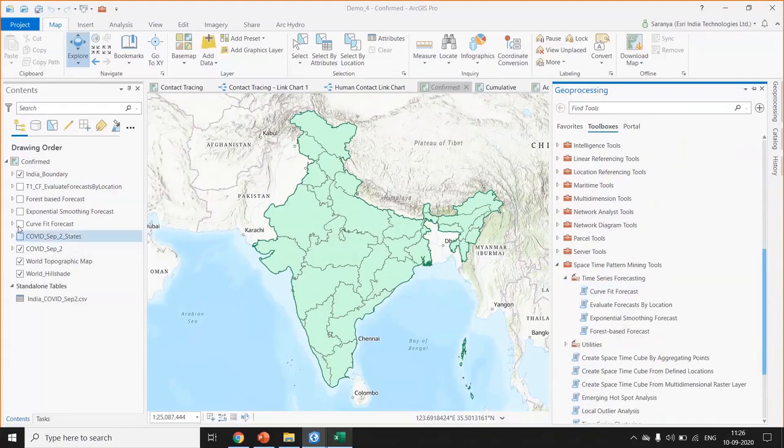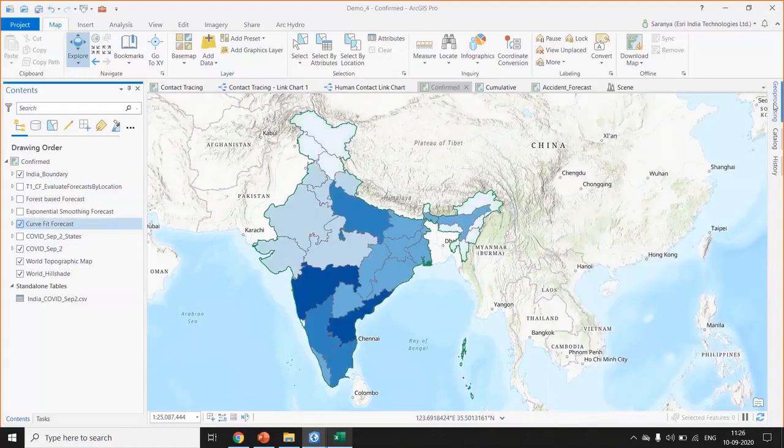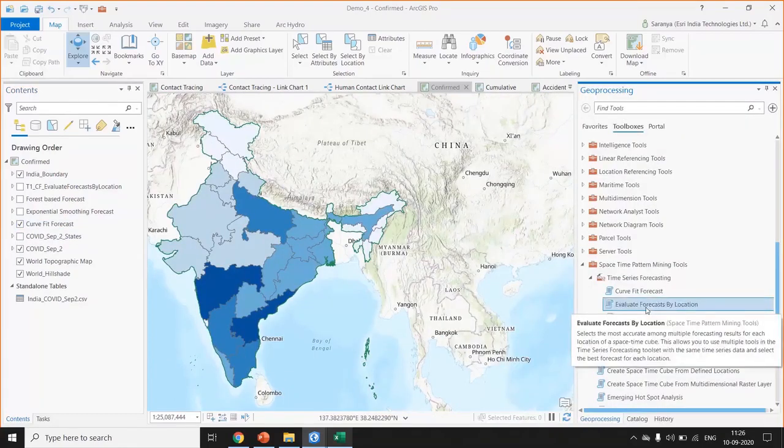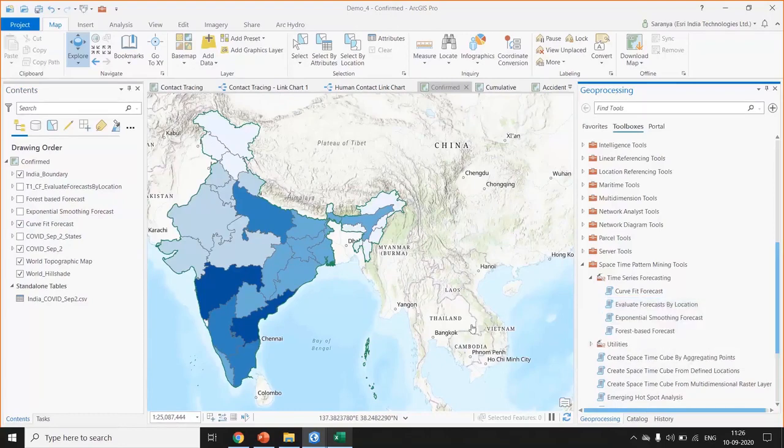And if you're not sure which method you would like to use, don't worry. We also have a tool which will run all the tools for you and tell you which is the best tool for your analysis. So here I have already run the model to save time.